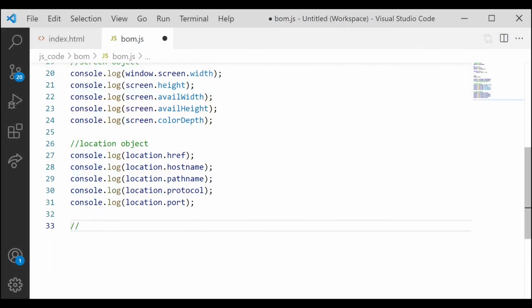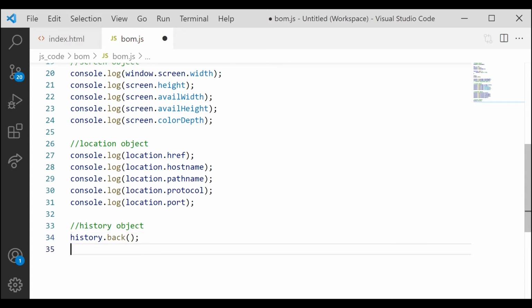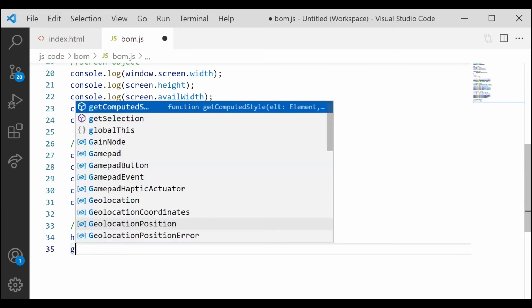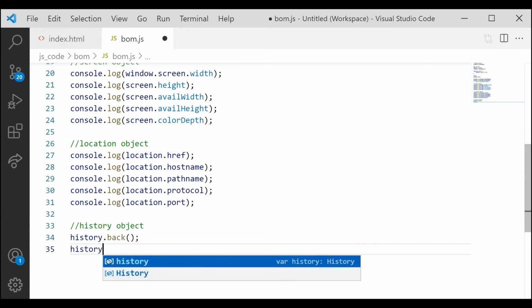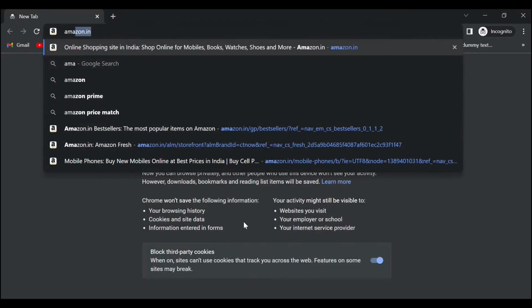Now next we have the history object. Now history, we can go back to the history option in the browser, so it will contain information about the history. So if I write, let's say, history dot back. Right now in our application there is just one page, so I can't try it in this. But I can definitely try this in an existing website like Amazon. So let's open that. So here if I open Amazon,